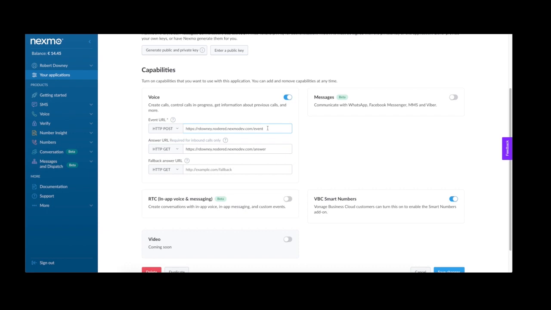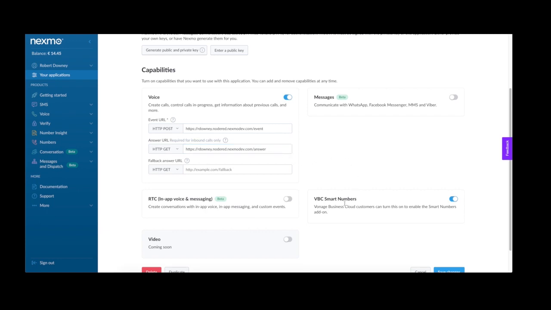The event URL is essentially a link that the system will sit and listen for that phone number being dialed. It will also collect any data that the customer may do. For example, if they pressed 1 for sales or 2 for support, it can take that information and pass it along to whatever the customer desired to configure their application to do. The answer URL takes that information and sends the answers back out through the system to the end user to give them the data that they were looking at.